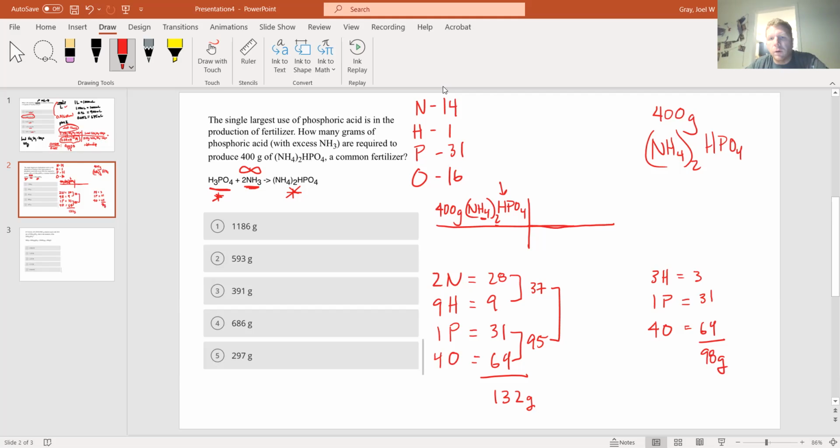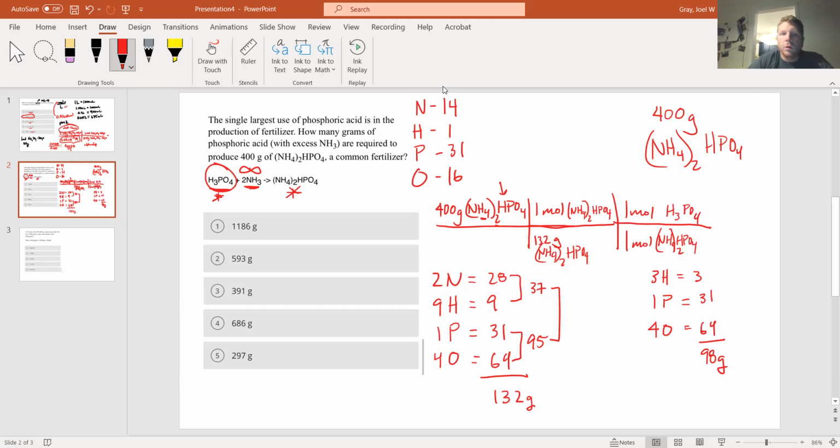Now what I'm going to use this for is I'm taking the mass of my (NH4)2HPO4, and I'm going to do a molar relationship between that mass and my H3PO4. That's my aim. So I'm going to say 132 grams of (NH4)2HPO4 is 1 mole of, and I'm just going to call this (NH4)2HPO4. Okay, so now I've got the conversion from my mass with my molar mass, relating my molar mass to the number of moles. And then I'm going to look at the number of moles, 1 mole of (NH4)2HPO4 is 1 mole